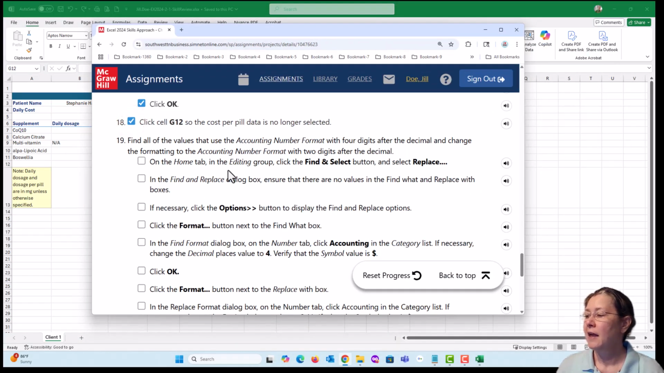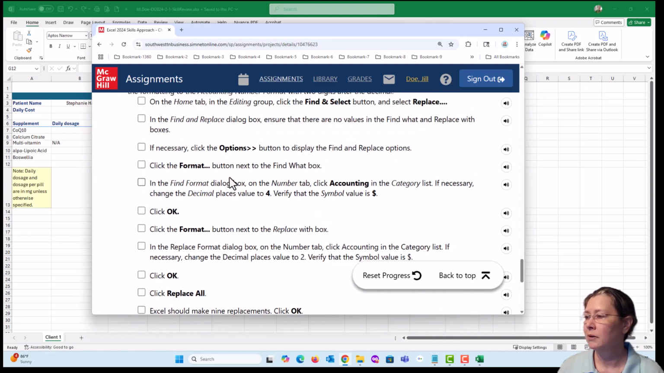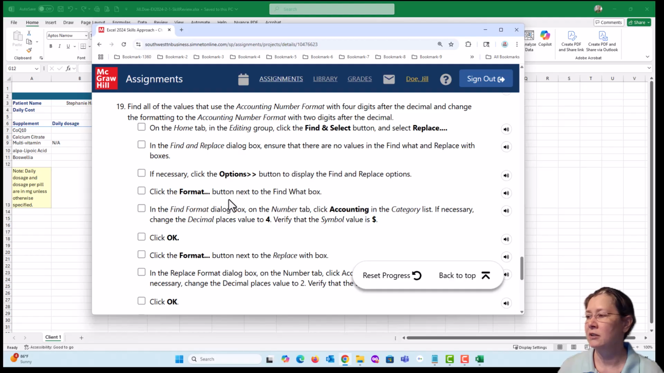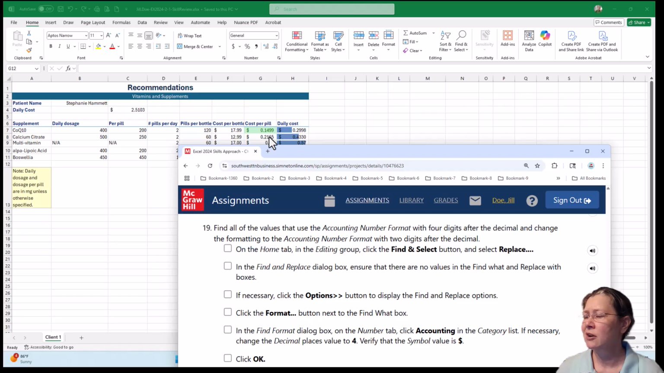Done. On to step 19. Now this one looks a little bit longer, but that's okay. We just do these steps one at a time. So I won't read through all these, but let's just get the gist of what we're going to do. It says find all the values that use the accounting number format. Well, that's probably a lot of the values. And they have 4 digits. Look, I mean, that looks weird, doesn't it? Cost per pill. That's a lot, for 15 cents, that's a lot of decimals,